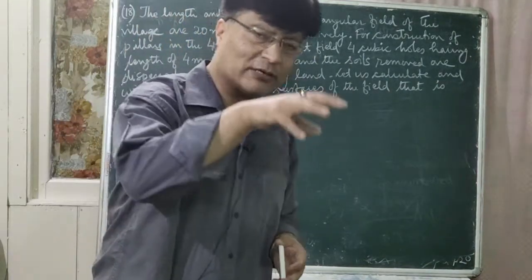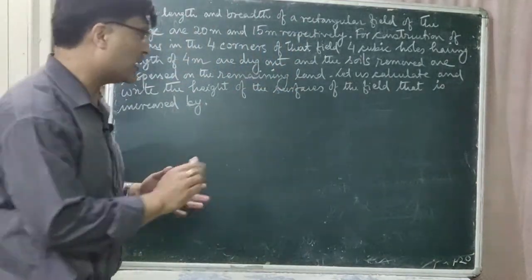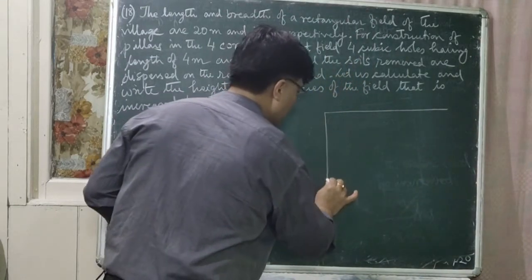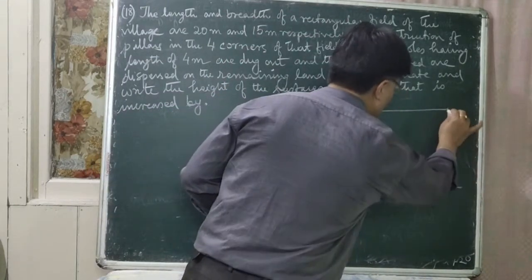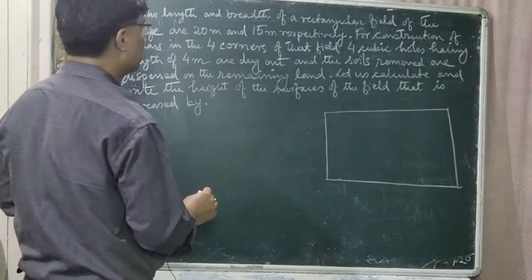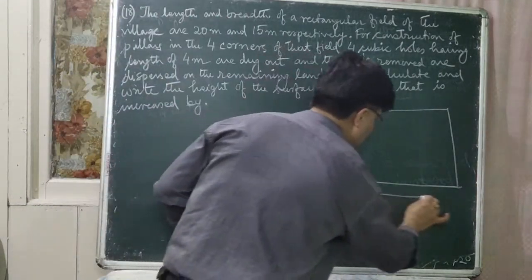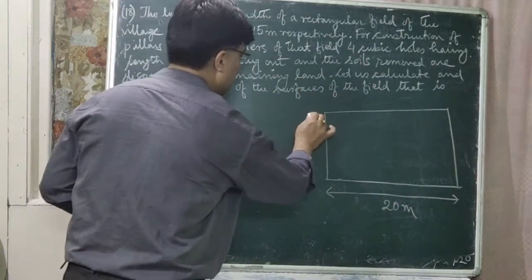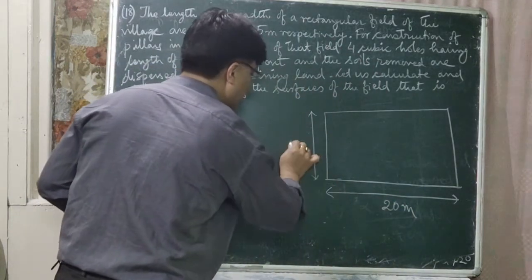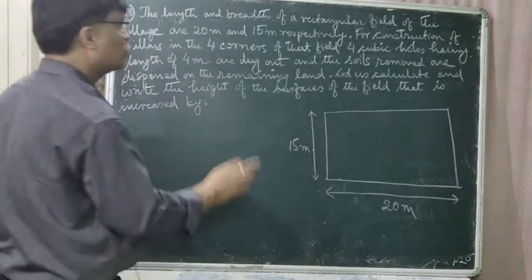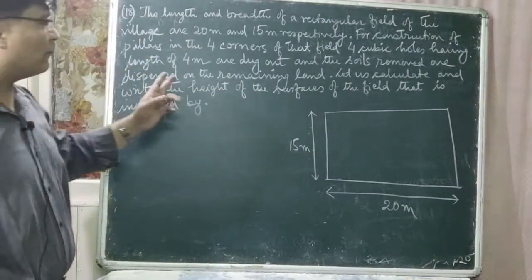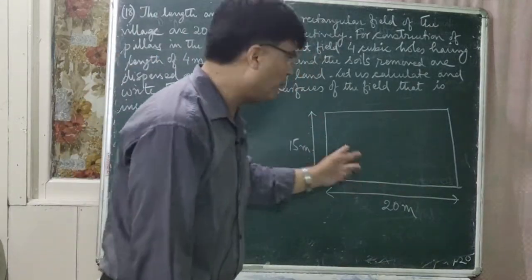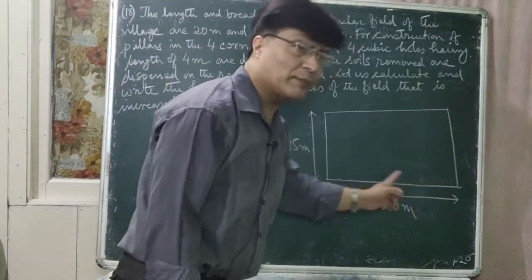त चारटा corner मा त्यो field को चारटा corner मा जस्तै यहाँ figure बनाऊ। चारटा कुना, corners भनेको कुना हैन। So this is a rectangular field. This rectangular field is of length 20 meter, and what is the breadth here? The breadth is 15 meter. So for construction of pillars in the four corners of that field, यो बगैँचा, यो field को चारटा कुनामा चाहिँ pillar बनाउँदैछ।